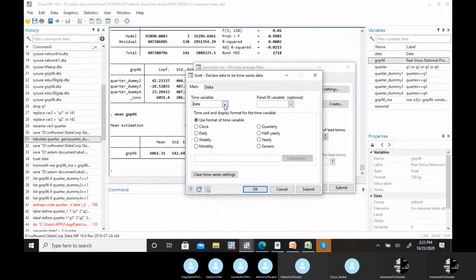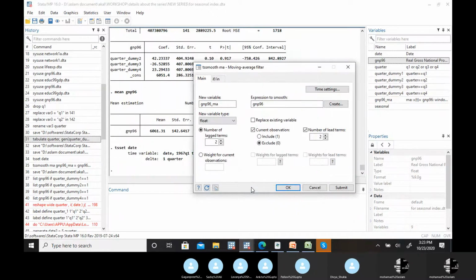If not, then select the date here. Use the actual format. Then here you have to put the number of lag terms. It's now 4 quarters, so we need yearly, a moving average of 4 quarters. So 2 lagged items and 2 leading items, and exclude the middle one. So it's a 4 quarters moving average, and just press OK.